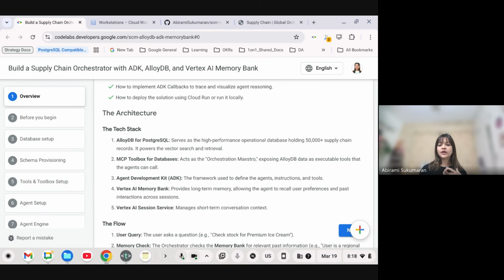Next is the MCP Toolbox for Databases. We all know, or have at least heard of, MCP, which is Model Context Protocol, as we like to call it, the USB-C for all things agents, right? The universal Type-C integrator. Basically what it does is integrate tools or other services into your actual agentic application. That's what MCP is. It's a standard protocol to connect your tools to agents. Tools from wherever and agents from wherever. But it depends on how flexible or resilient your MCP server is to provision that level of